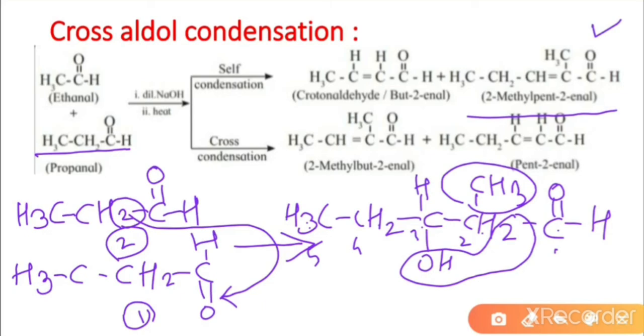In this way, cross aldol condensation reaction takes place with migration of the alpha hydrogen atom of the second aldehyde molecule towards the carbonyl oxygen atom of the first aldehyde, and the process is reversed by taking the other aldehyde, and self condensation is carried out. In this way, 4 beta hydroxyaldehydes are obtained, and after dehydration reaction 4 enal compounds are obtained.